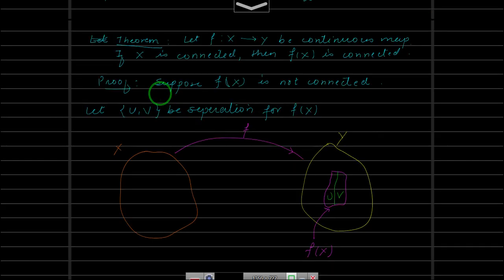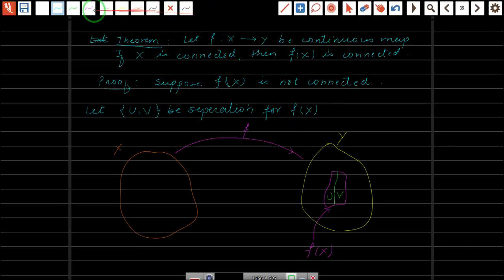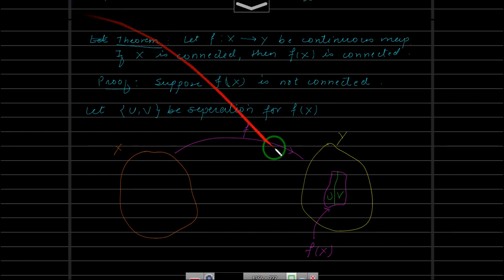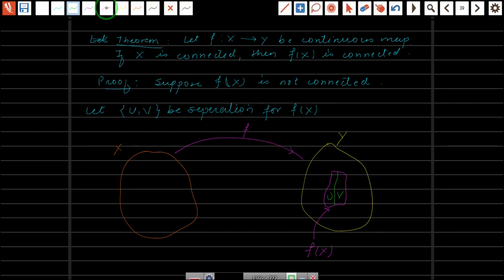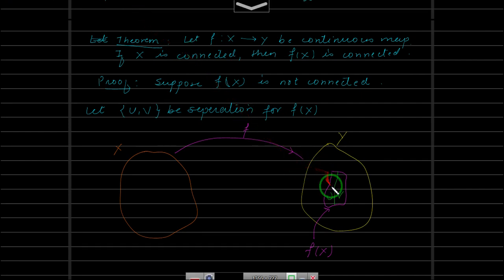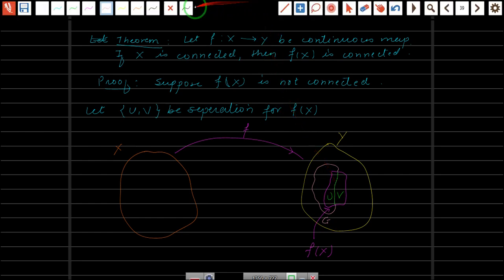Okay, so let's go back here. We have two open sets, G and H, such that U is something like this, this entire thing including this border also. This will be G, because U is nothing but G intersection f(X), and let us use something else instead. Which color will fit?